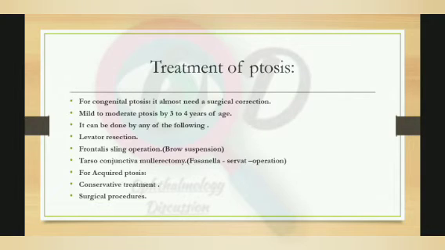Tarsoconjunctivo-mullerectomy includes excluding the extra fold of eyelid from the inner side of the eye. So this can be seen in the